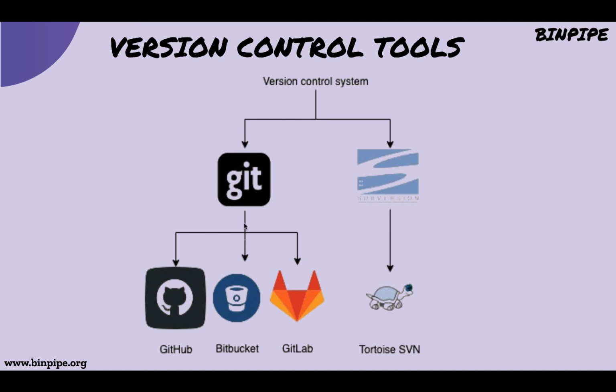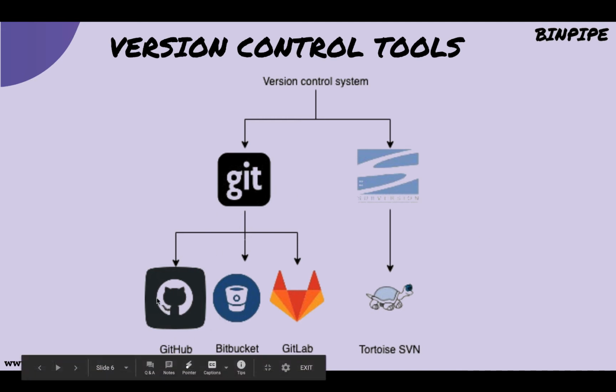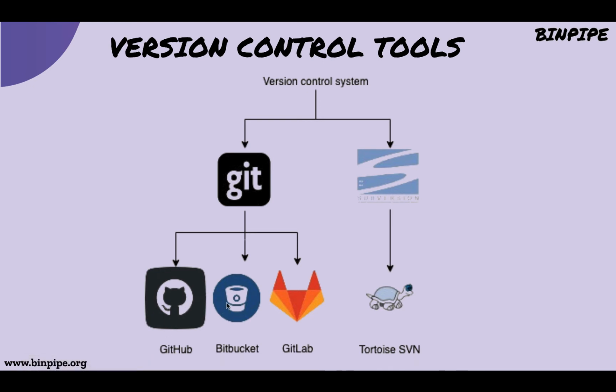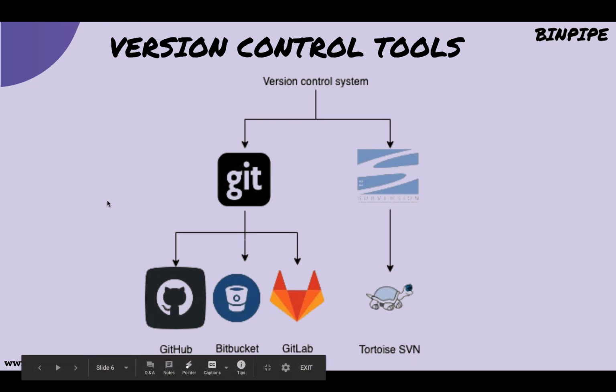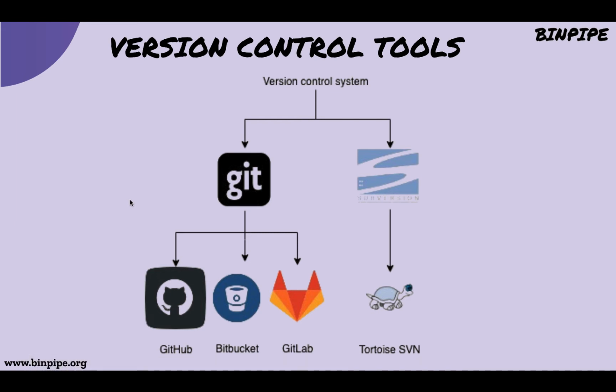So let's come back to Git. Now we can see three other things here, like these are logos for different versions of Git clients. So GitHub is a popular Git server. These are all third parties who have adopted Git. Git is actually open source software. So GitHub, Bitbucket, GitLab, these are different organizations who have adopted the open source Git and created their own proprietary